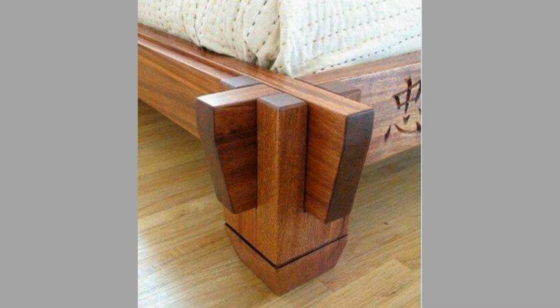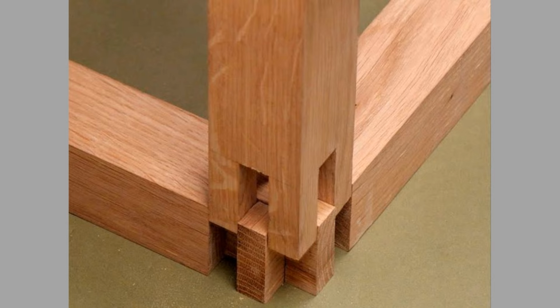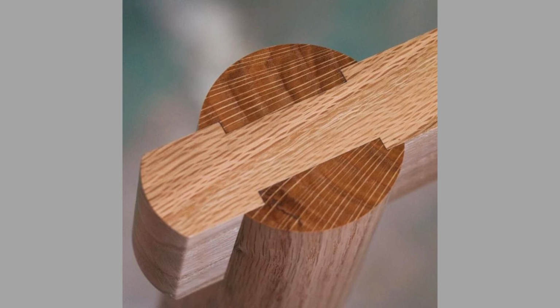and the end user. Furthermore, the practice of Japanese joinery encourages woodworkers to develop a greater understanding of the properties of wood itself. Different types of wood behave in unique ways, and mastering joinery involves recognizing these nuances and selecting the appropriate techniques for each material. This knowledge can lead to more thoughtful designs, as artisans begin to consider how the wood will interact with the environment and how its characteristics can be highlighted through specific joinery methods. This relationship with the material fosters a deeper respect for the craft and enhances the overall quality of the finished